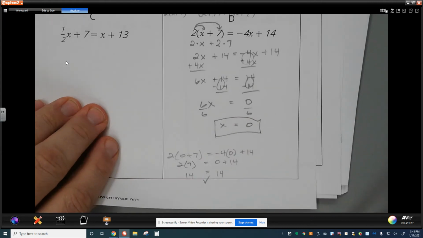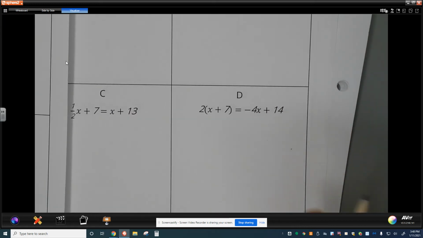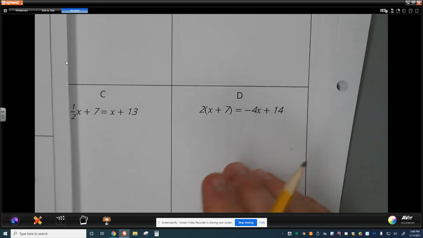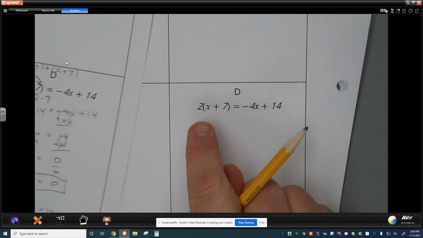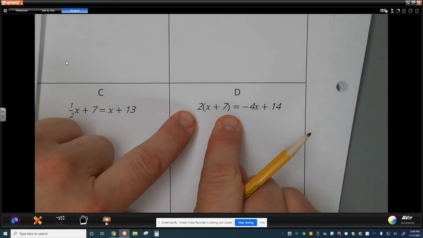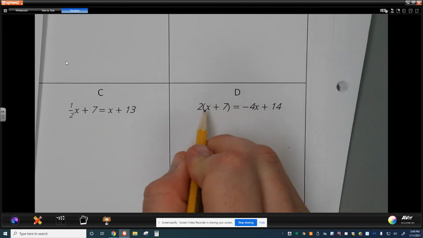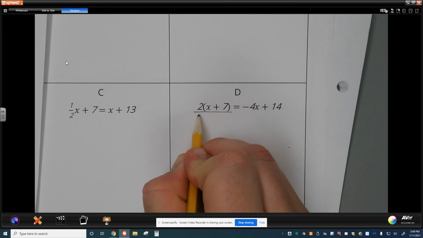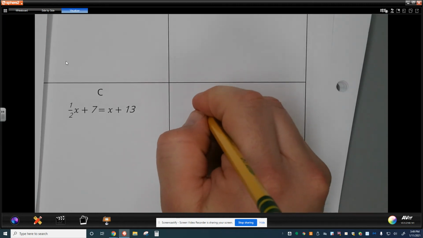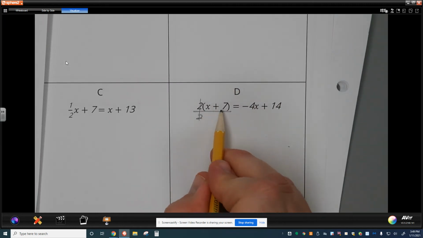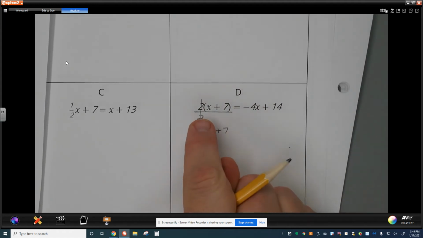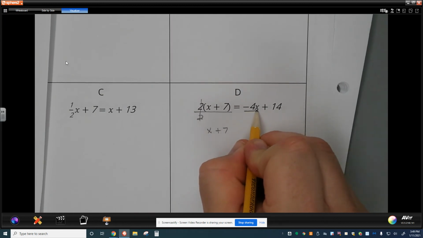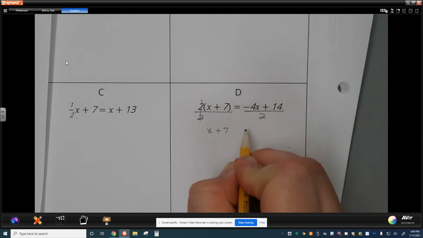So how could I approach that a little differently? Well, I could instead do the opposite of what I just did. Here, I went ahead and multiplied. But because this 2 is separate from this group, I know that I could also divide off that 2 by 2, making this 1 times the group x plus 7, and that would get me to just single x plus 7. If I do that, though, I have to divide the expression on the right by 2,